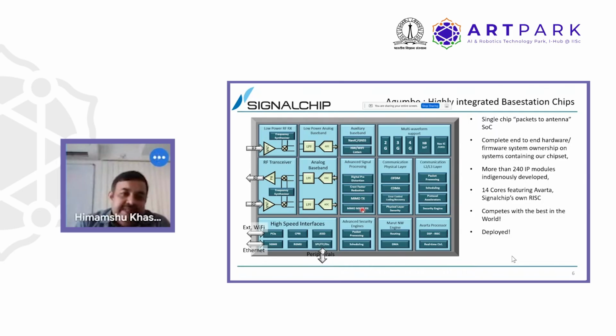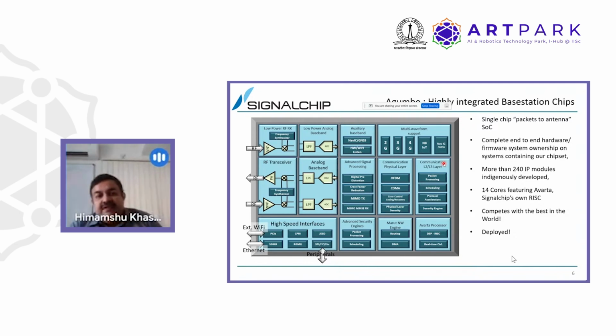And these do things like DPD, crest factor reduction, and of course MIMO TX and MMSE receiver. We also have a whole bunch of communication physical layer components inside the chip, which do the 4G, 5G baseband, and we in fact even support 3G, since that was still relevant when we started way back in 2010. And there is a communication protocol stack that runs on a quad-core processor, which is Linux capable, and does all the layer 2, layer 3 functionality.